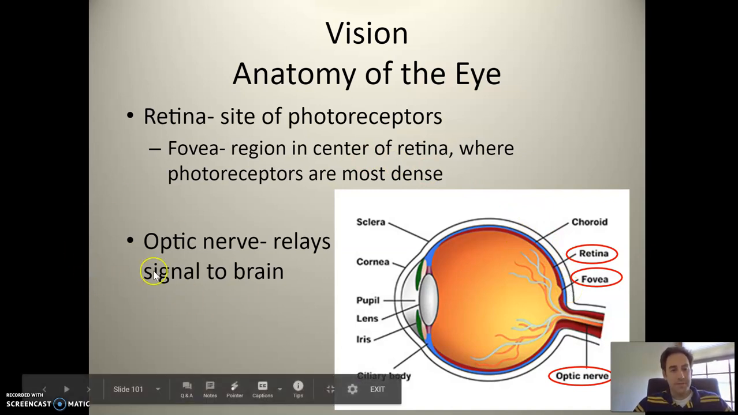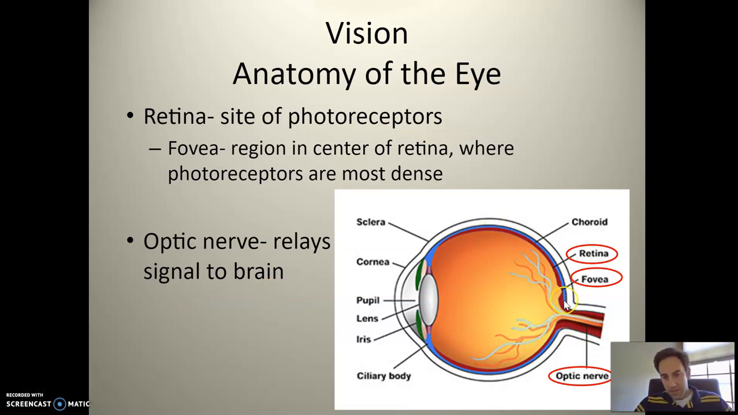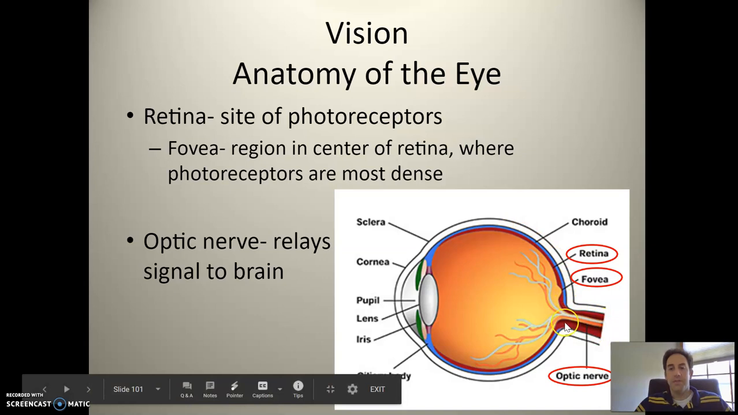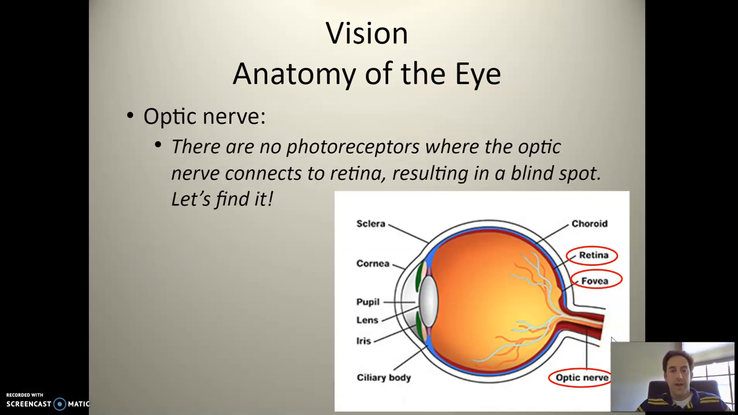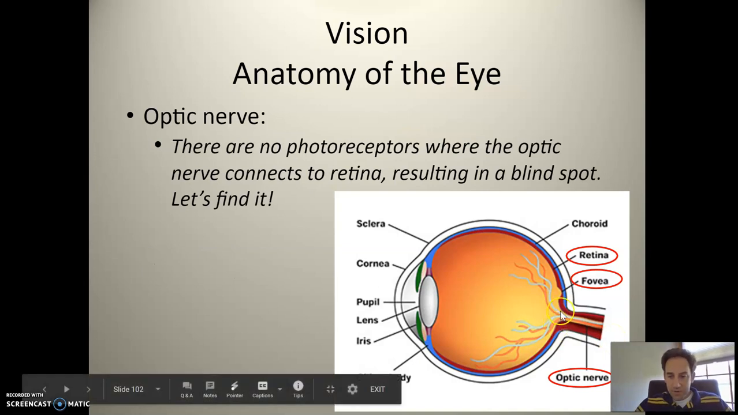The other thing is the optic nerve. The optic nerve is what actually relays that signal to the brain. So you can see the retina is continuous with this optic nerve, and that is what is going to lead to the brain. Now, interestingly, there's no photoreceptors in that optic nerve, and so that actually results in a blind